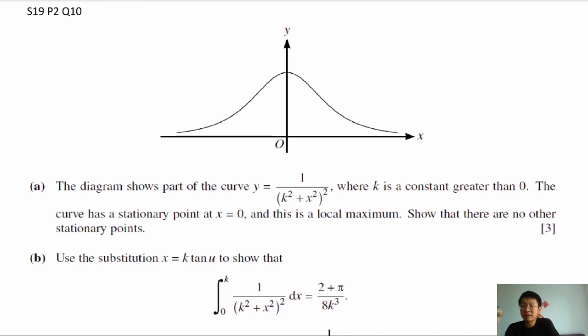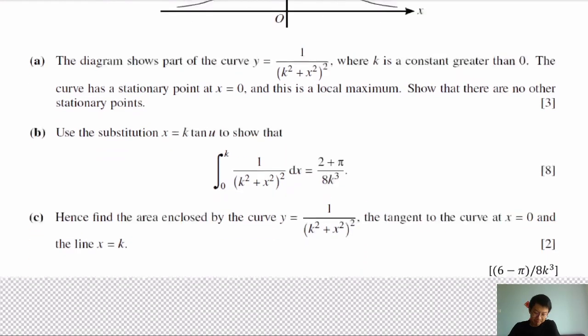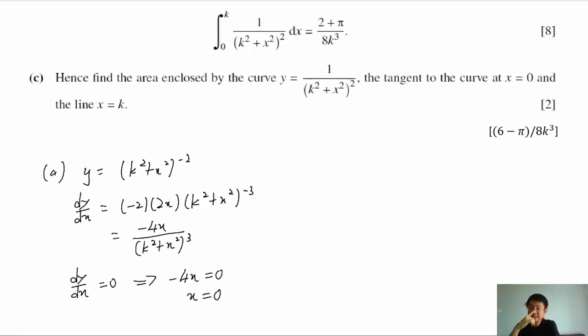Whenever they talk about stationary points, we know very well we are going to use dy/dx in this case. For the dy/dx, it is easier for us if we move the denominator up and then we differentiate from there. So 1 over the whole thing squared becomes the thing inside, and we have the power -2 from here, and then it is easier for us to do the differentiation from there. So when we do the differentiation, we have got